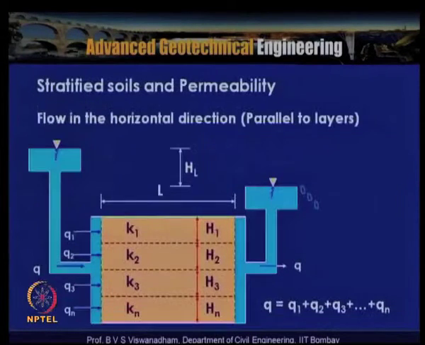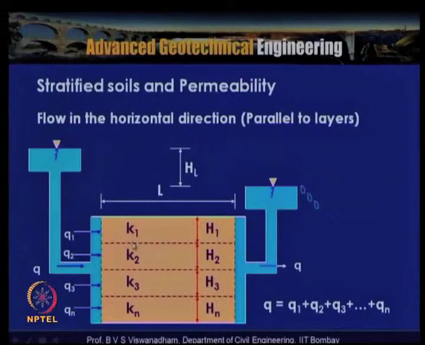So, in this discussion, let us simplify by determining the condition of flow occurring parallel to the layers. That means that if you have H1, H2, H3 to Hn, n number of layers bedded horizontally, the flow is in the horizontal direction, that is, parallel to the layers. Let us assume the difference in head between the left-hand side limb and the other is HL, which is nothing but the head loss between this point and this point, and the input is the water Q.